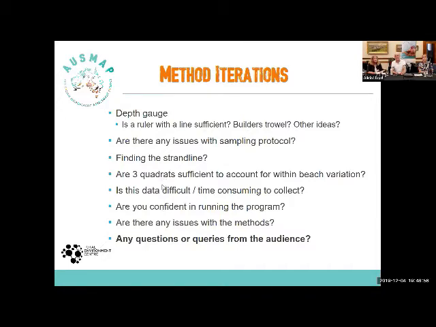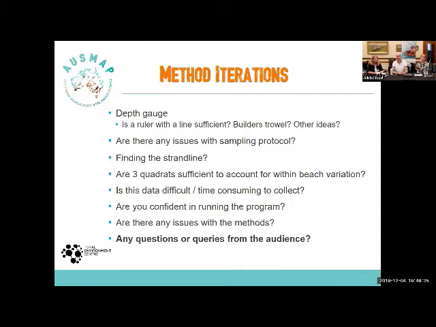Another question was, are there any issues with the sampling protocol? The sampling protocol is based on a European and EU method for marine litter. So it's based on standard methods already applied in the science community. We've modified it slightly to adapt it to a citizen science program.